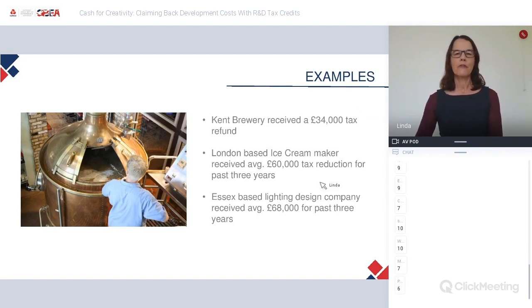A London-based ice cream maker received an average of 60,000 tax reduction for the past 3 years. Actually, it's the past 5 years now. And they make ice creams, so natural flavour ice creams, Prosecco ice creams, all sorts of different things. They make new flavours every year. They have to work out the ingredients, the recipes, and then they have to work out whether they can manufacture on a mass scale. So a lot of R&D in there,